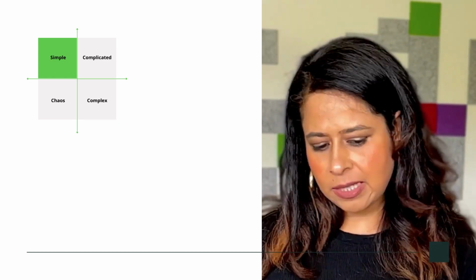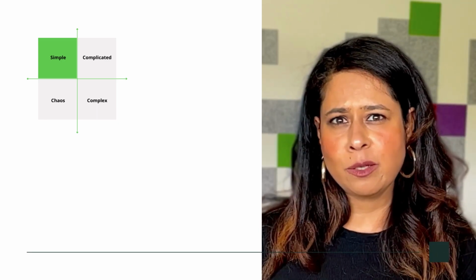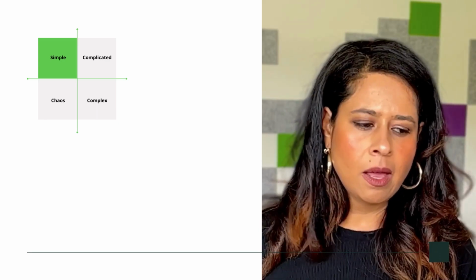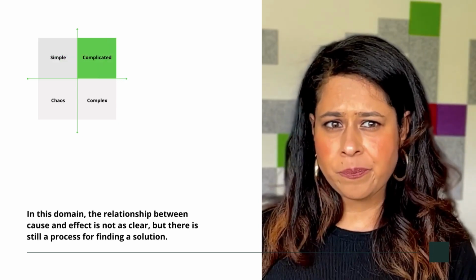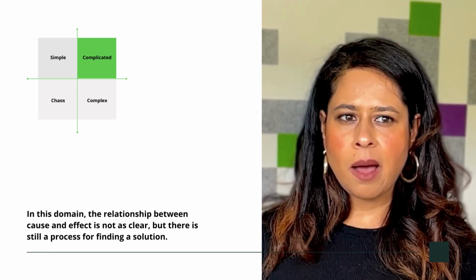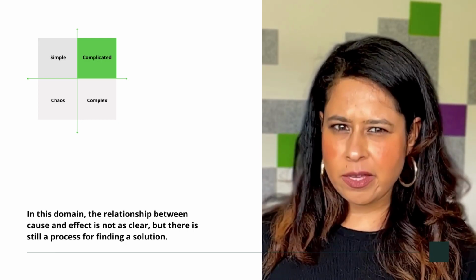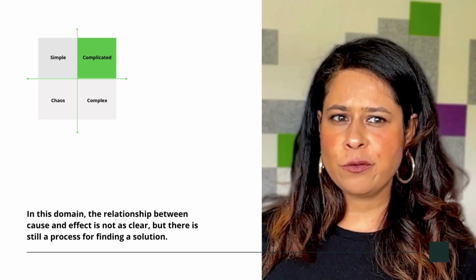So fixing a leaky faucet could be complicated, right? I mean, there might be more than 3 steps. You might have to go to the store many, many times, but the solution is really clear. The next one is the complicated domain. In this domain, the relationship between cause and effect is not as clear, but there's a process for finding a